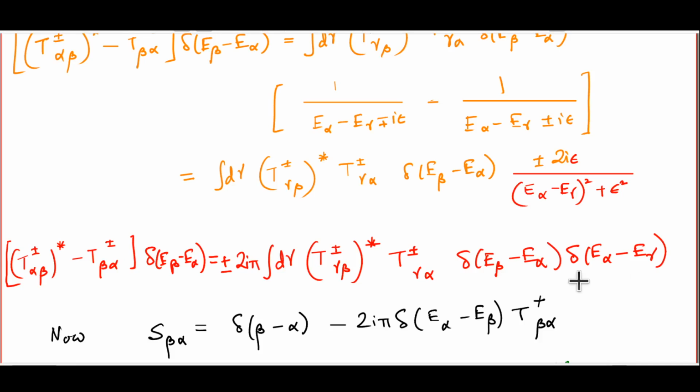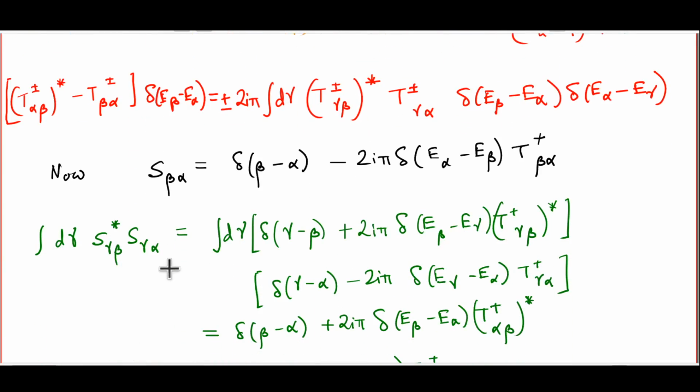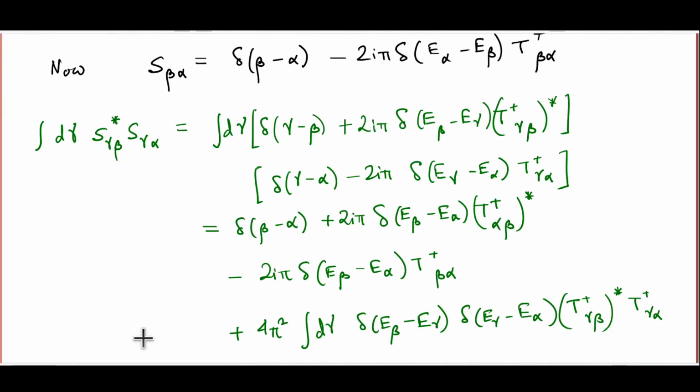Now, in order to proceed further, all we need is our expression for the matrix element S beta alpha in terms of the T plus beta alpha that we had derived earlier. And after that, all we have to do is calculate these matrix elements by simply replacing S gamma beta and S gamma alpha by corresponding expressions from this. Of course, taking the corresponding conjugate for the S gamma beta star. And after this is a very straightforward trivial calculation which I am not going to bore you with the details of. You just multiply this out and integrate using delta functions and you are going to end up with this result. And from the identity that we have just proven,